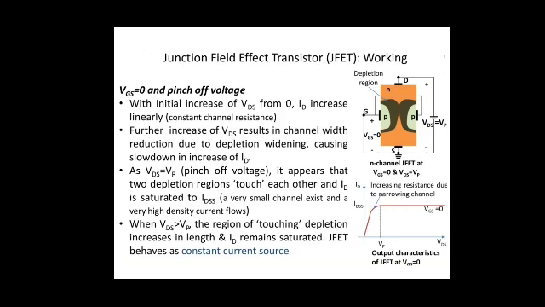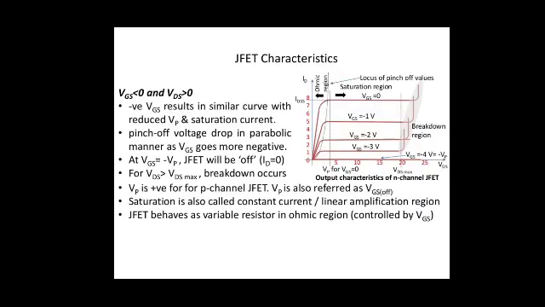But if you are applying VGS, it will result in quick pinch off. The pinch off occurs for a very small value of VDS compared to VGS equal to 0. So due to that, the IDS value will always be less than IDSS. When VGS is non-zero, the IDS calculated for a given VGS will always be less than IDSS. Okay, so that is the thing.